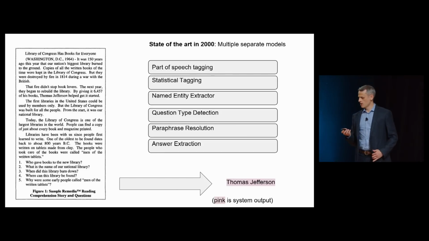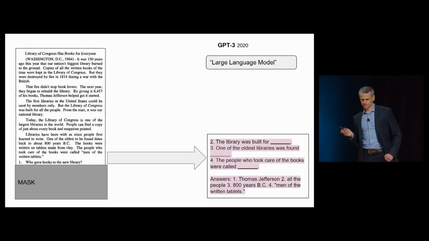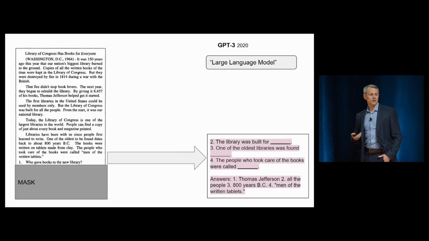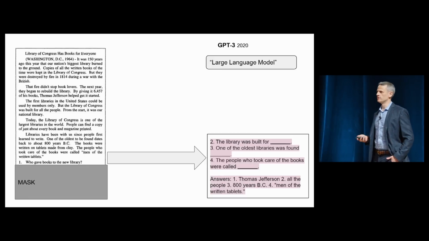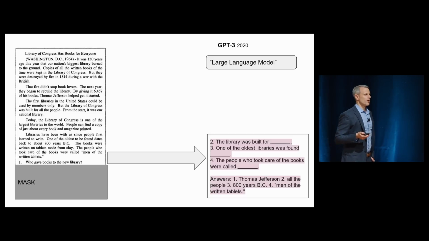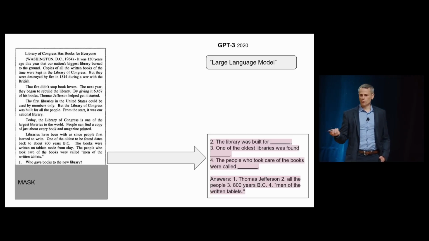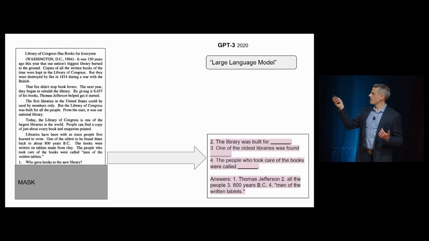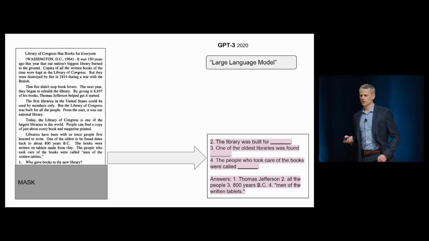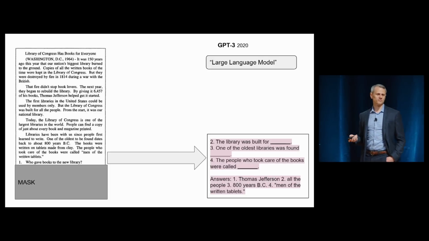didn't work too well. Fast forward about 20 years to the release of GPT-3. It's about 3 years ago to the month from now. GPT-3 is a language model. We know how language models work. You feed some text in, it generates some new text. So let's take this passage and the first question and feed that into the GPT-3 language model. Generate text to see what happens.